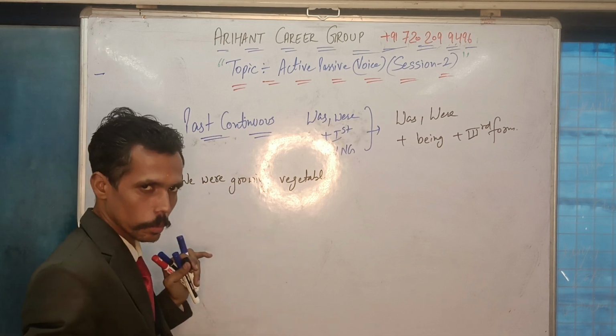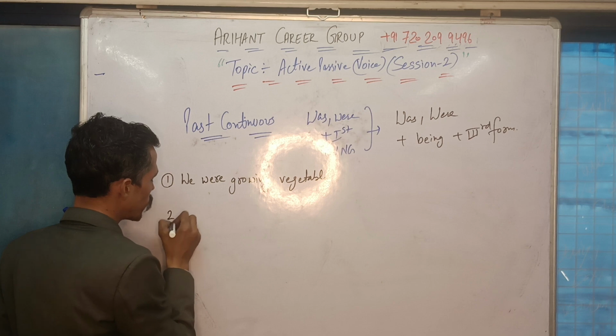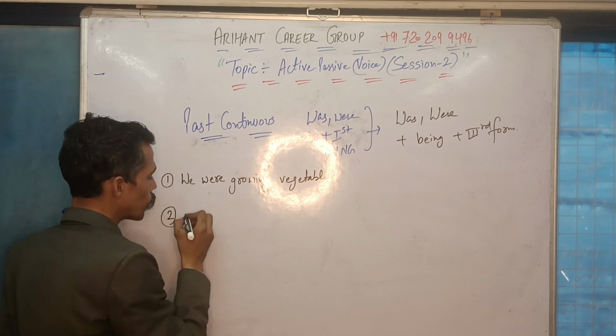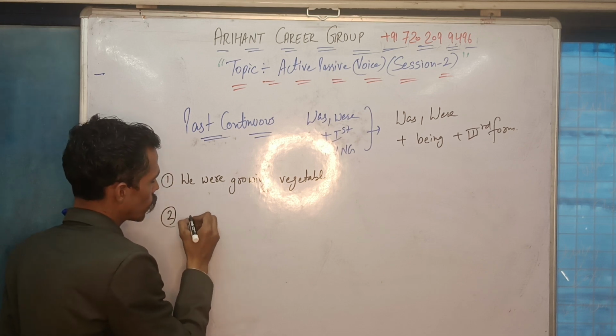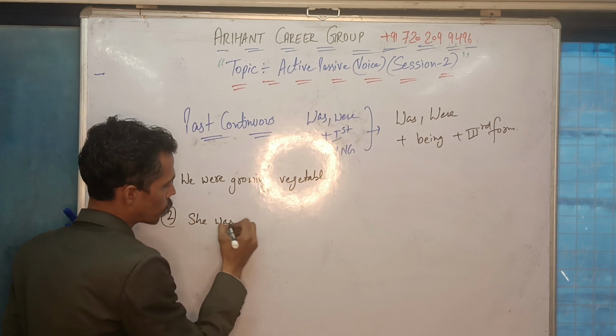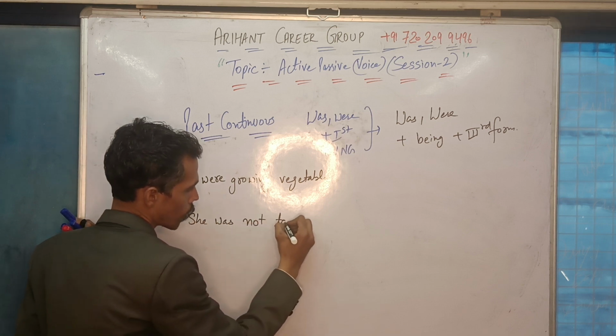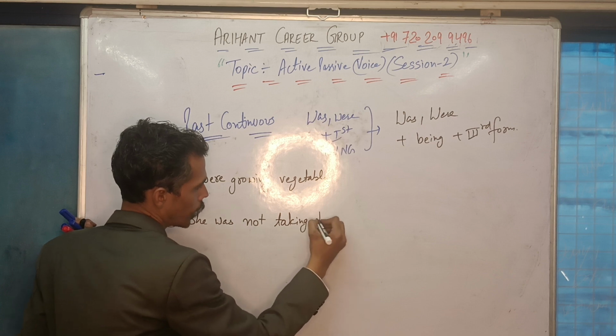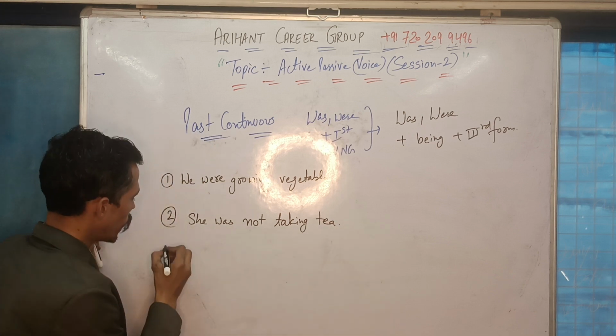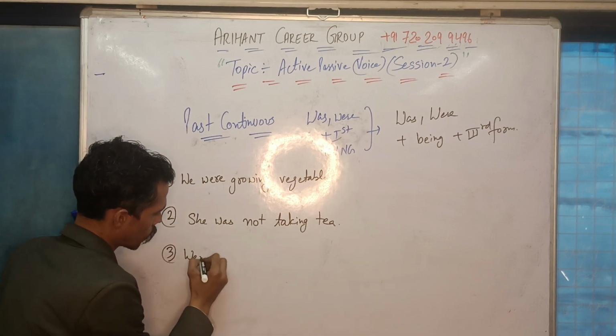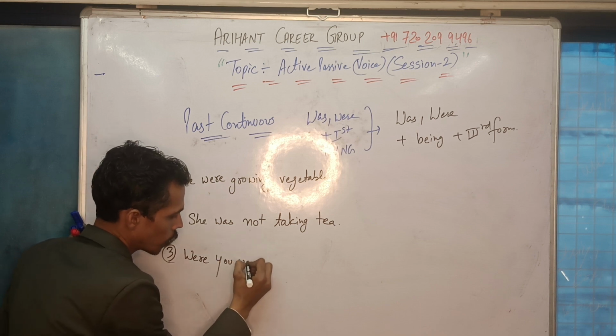We were growing vegetables. And in case of a negative sentence, note down the next sentence: She was not taking tea. Next, were you